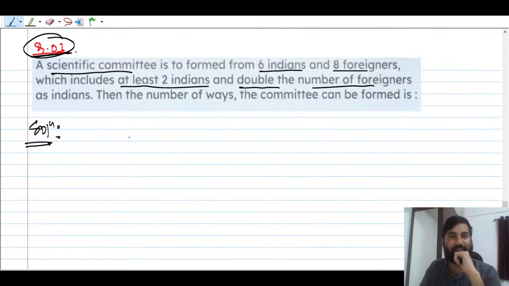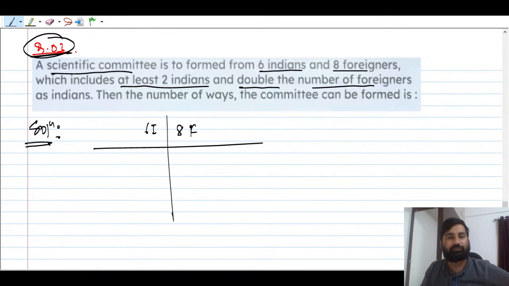So let me take here the combination. Always keep in mind there are 6 Indians and 8 foreigners, ठीक है? Now the condition: if you are going to choose 2 Indians, तो कितने फॉरेनर्स होंगे? 4 होंगे, याद रखना, 2 इंडियंस और डबल, एटलीस्ट 2 इंडियंस होने चाहिए, तो ये डबल लेंगे, ठीक है? Suppose I am going to take 3 Indians, तो 6, ठीक है? Now I am going to take 4 Indians, तो 8 फॉरेनर्स are there, डबल, ओनली 3 केस बन रहे हैं।